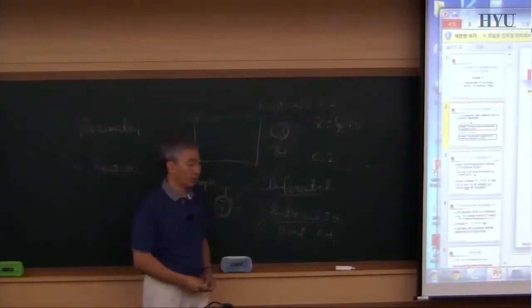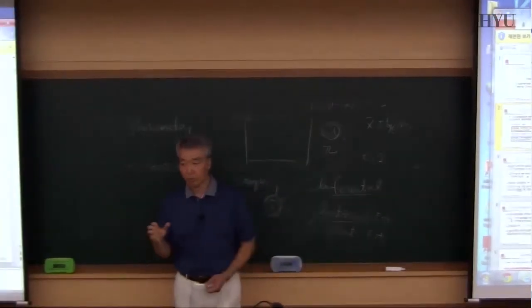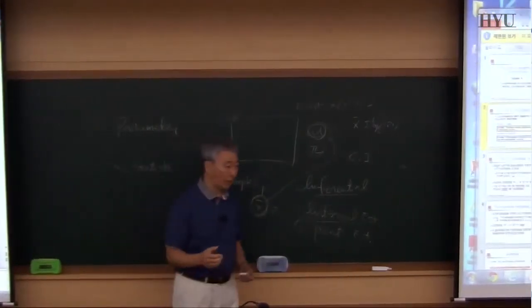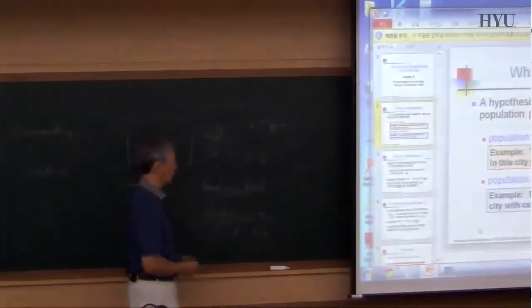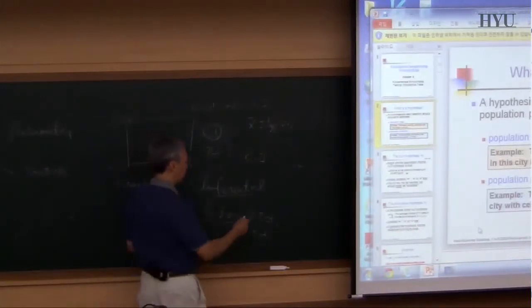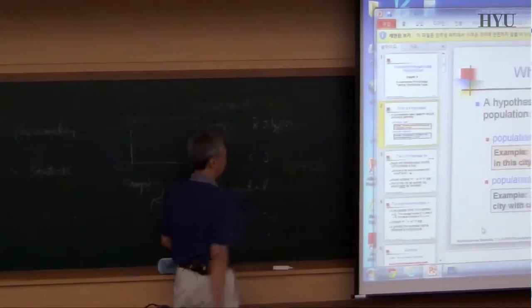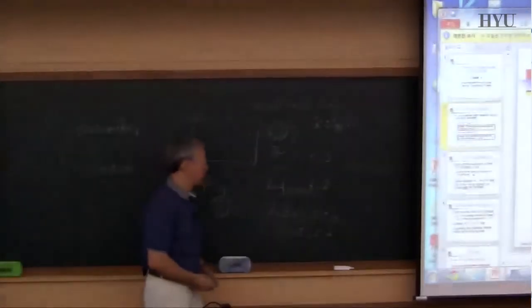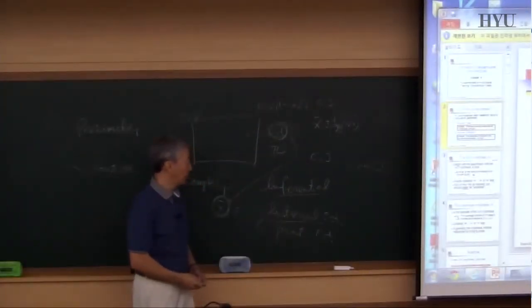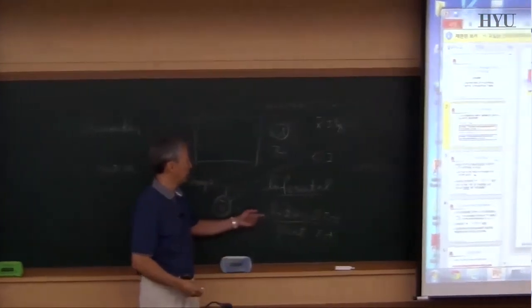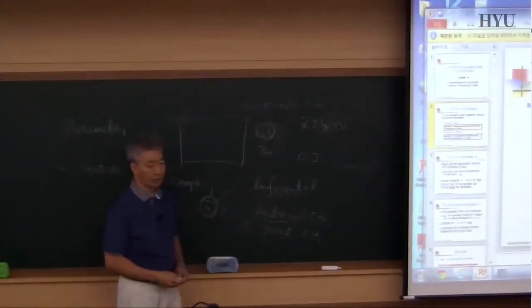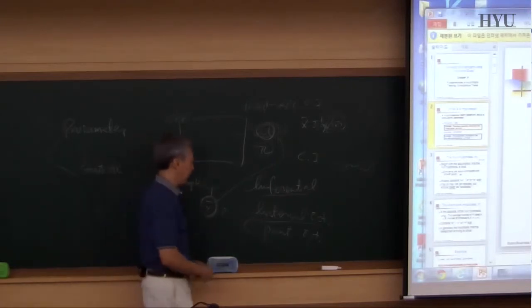So even though we don't know the actual number, at least we are some percentage confident, 90% or 95% confident, that it's between this number and this number. That's one way to make a conclusion about the population mean. The other way, point estimation,